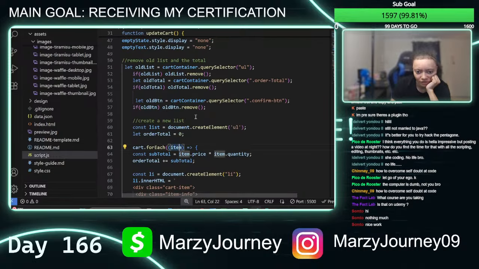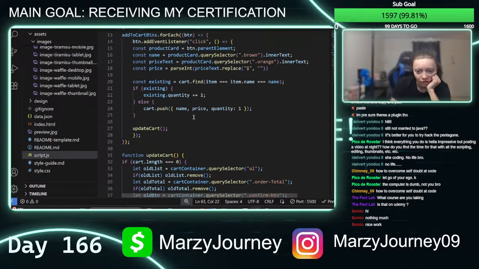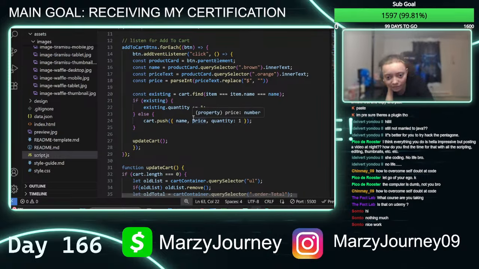That doesn't make any sense. How is that item not targeting that item? I'm not too positive. Inner text. How is item not targeting that item? I still don't get it.